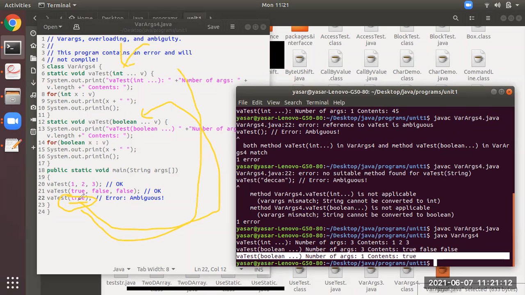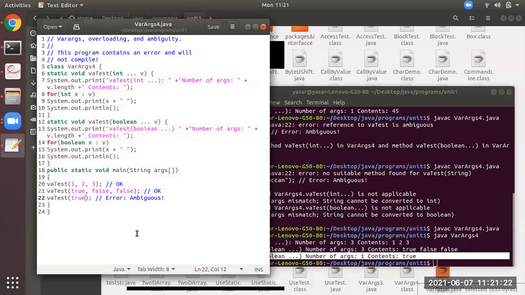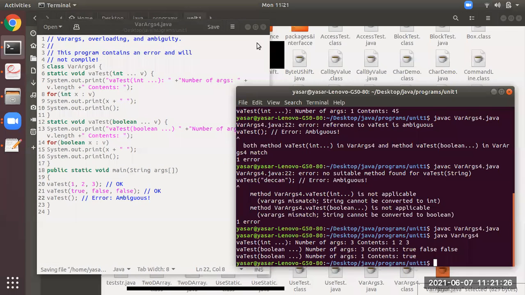But now, as I'm passing true over here as an argument, so it is able to call this line number 12. So if nothing is there, it is getting confused. I hope you all have understood why it is getting confused, because it is not able to decide to whom it should call. It can call to this one also. It can call to this one also. That is the ambiguity.